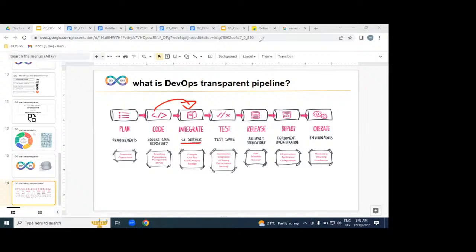Once all developer source code is integrated, to check whether the software is working or not, we need to execute our test cases. Who is writing these test cases? DevOps engineers or testers? Testers will write, not you and me. So we are just integrating the test cases, which are written by testers.